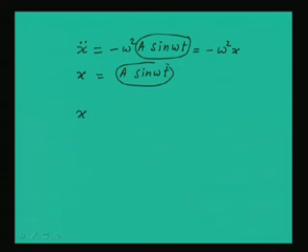So, x double dot, the acceleration, is minus omega square x. So, you can see that acceleration is directly proportional to the displacement, but it is acting in the opposite direction. So, this is the definition of the harmonic motion, in which the acceleration is proportional to the displacement, but it acts in the opposite direction to the displacement